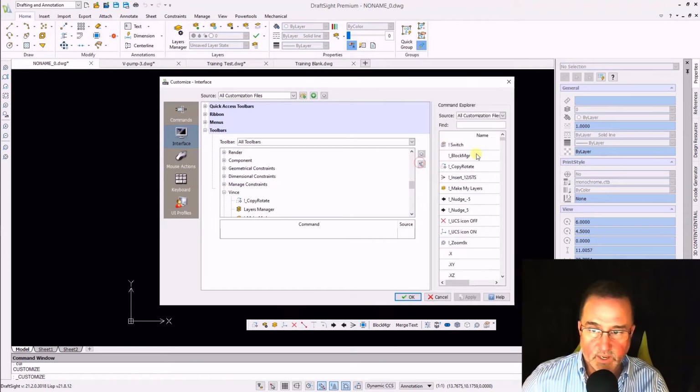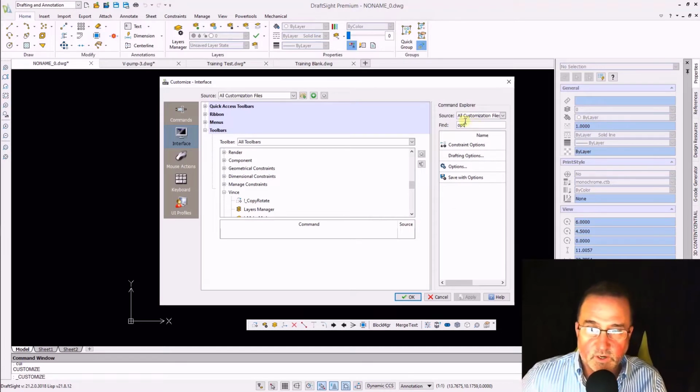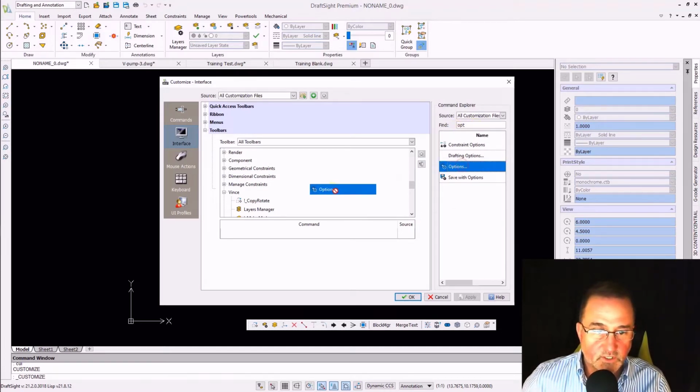Now I'm going to grab a command that I'm going to use often. I'm going to scroll down here. In fact, I could type options because that's what I want. I just type OPT and there's options. Simply drag this in here as a button,